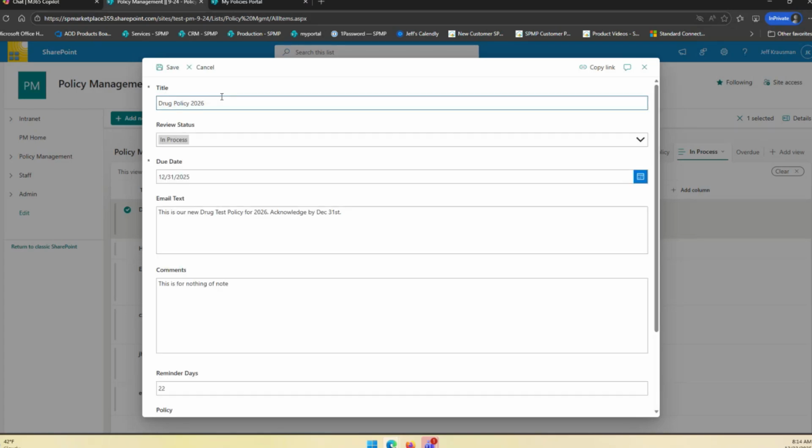Pretty straightforward. When filling out fields, there's a title. This will be what will be filled out as the subject. All status for the review status starts in process, and we'll walk through the different statuses in a second. The due date is what you want to put down as the date that you would like all acknowledgments to be returned by. So end users know that when this date is here, this is when they need to return